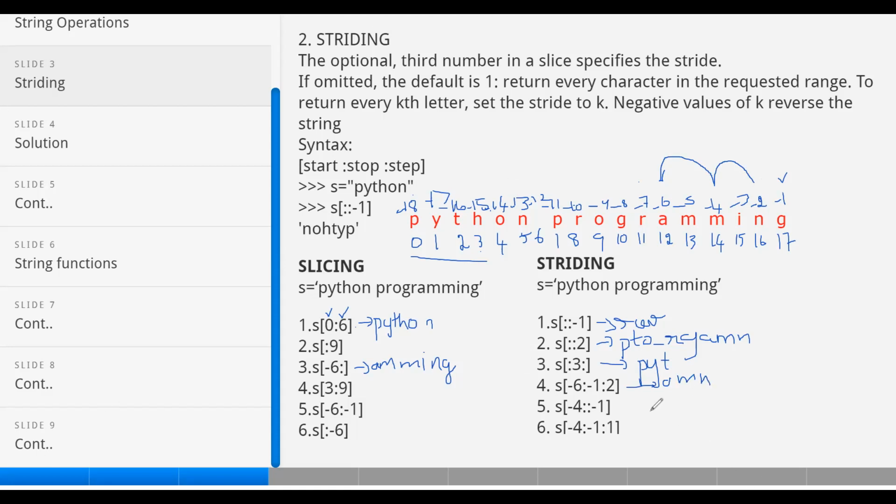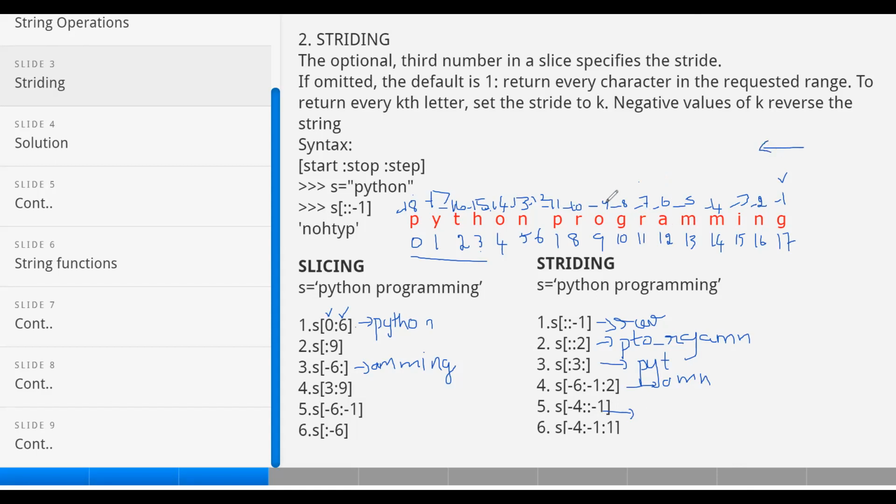Okay. Next is -4 colon colon -1. So the starting index is -4 and my ending index is empty. So that means till the end. And see, I have given the stepping index as minus. So if it is minus, then I have to move from right to left.